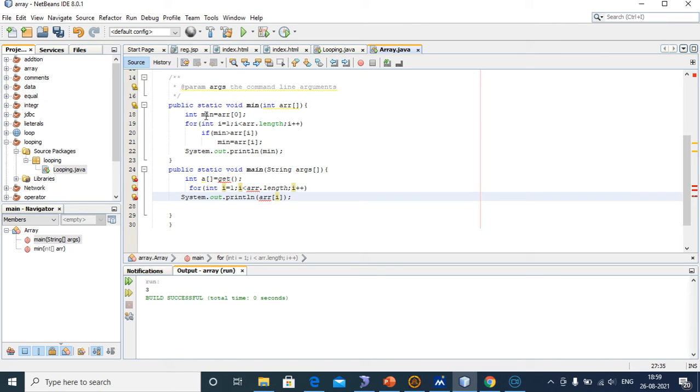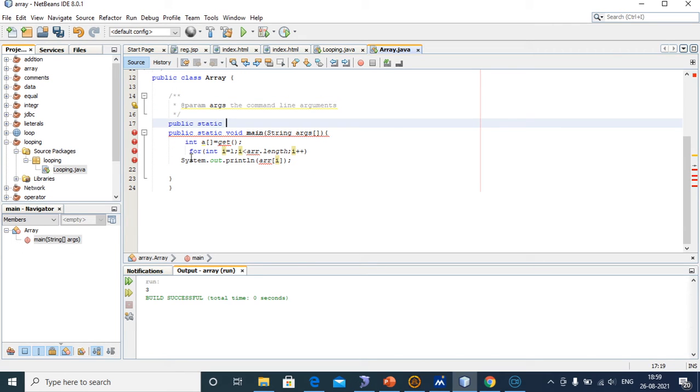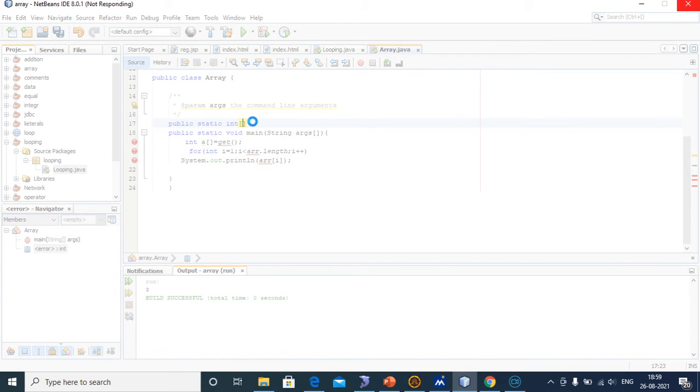We have to declare public static int get method. We have to return the array from the method. For that we have to give